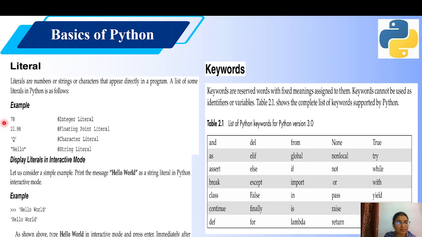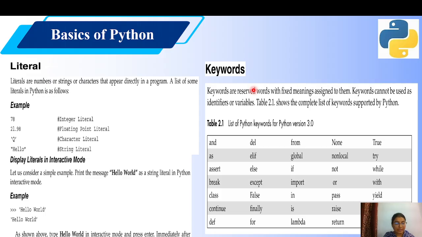When I write this 78, we will say that it is an integer literal. When we write a number in decimals, then we can say that it is a floating point literal. When we write a single character enclosed within single quotes, we will call it a character literal, and when we write some word in double quotes, we will say that this is a string literal, right? I hope you will understand this concept of literal in Python. Then moving further,